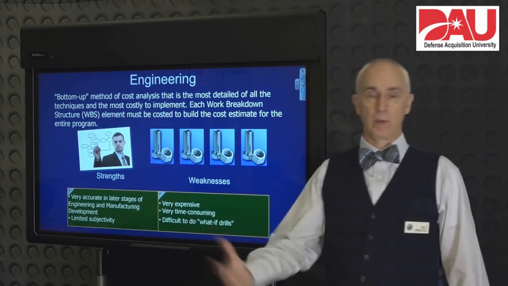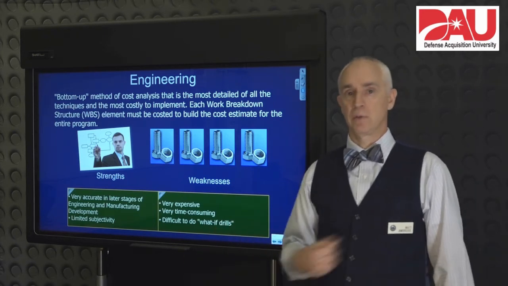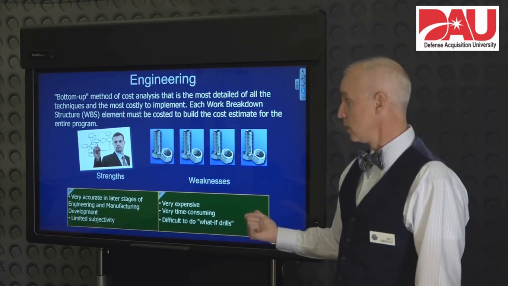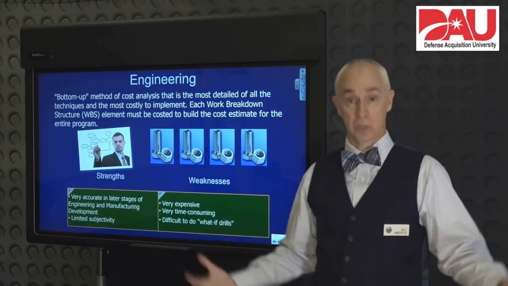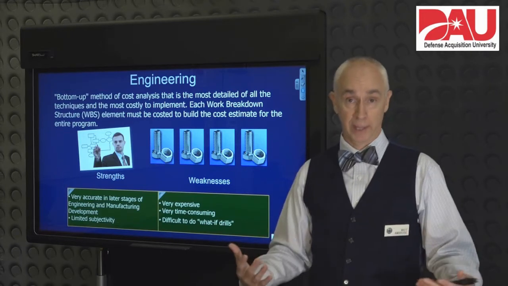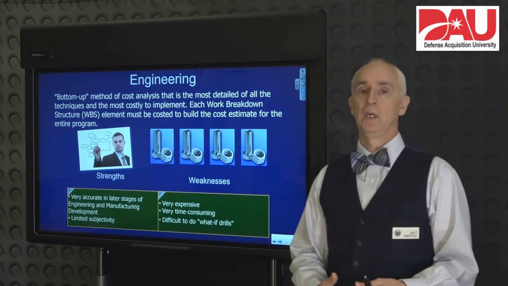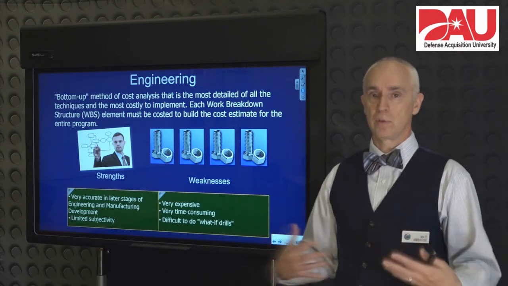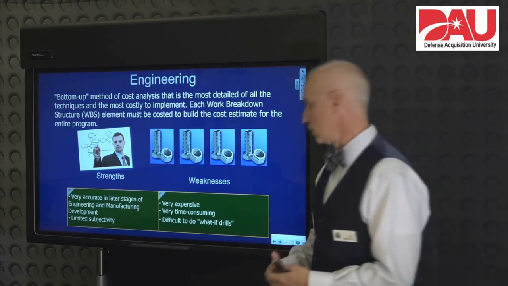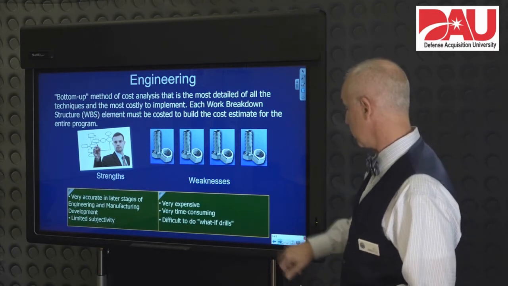If we have a model or we have an analogous relationship, that's pretty easy to change if the design changes. But in this case, the design changes, you've just changed parts. You've changed things that have to be done. You've changed the test plan. So all of that has to be redone. So again, it's very time consuming, and it's not very flexible in terms of looking and doing what-if drills on your system. Now, the last one that we want to talk about here